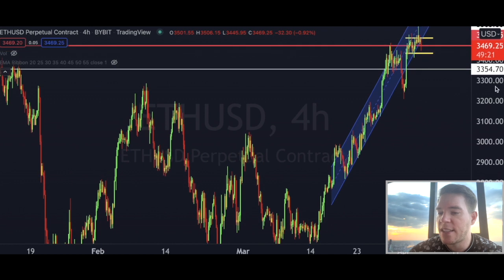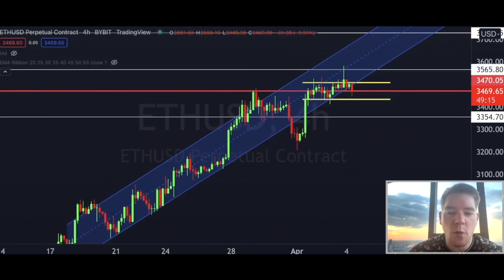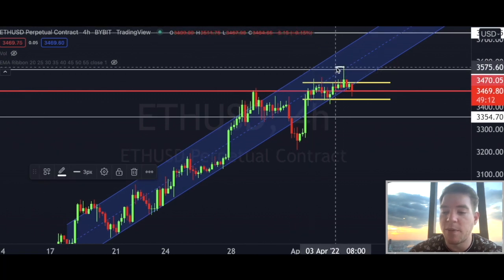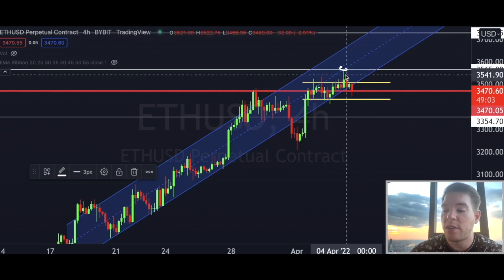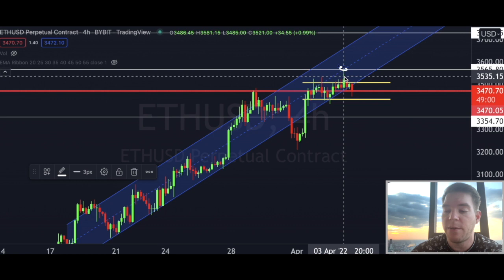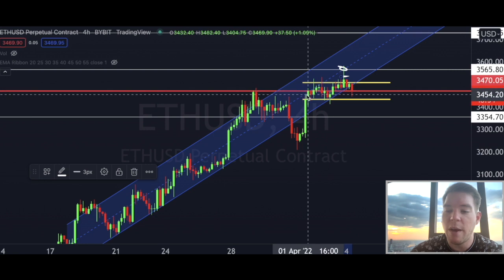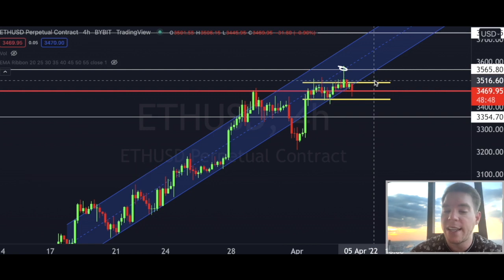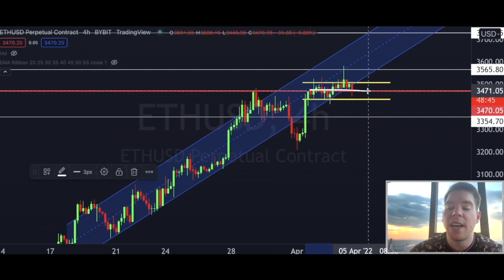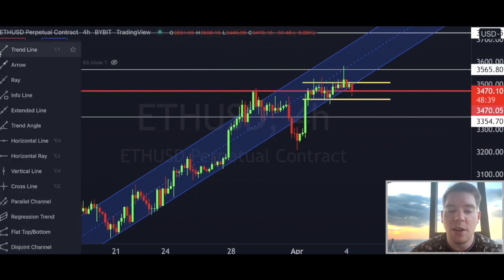And that was also the reason why I had longed yesterday for a short time. But when I saw that we went above this line, that was where I closed my long position, because I did not trust this move. It was the right decision to close the trade and get stopped out here. I got stopped out at approximately $3,530, so there I closed my Ethereum long position. Because now we are back in this potential bull flag formation for the Ethereum price. For now, we are getting supported above the neckline of the bigger W pattern on the higher time frames. But if we break under this, then we might get a fake out